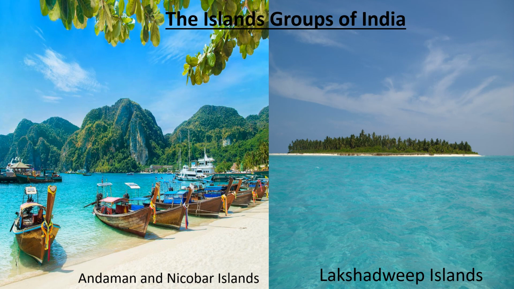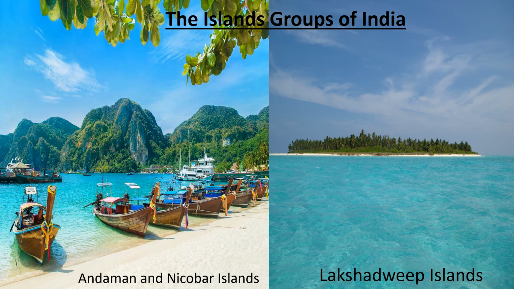Now let's see the island groups of India. There are two island groups in India. One is the Andaman and Nicobar Islands in the Bay of Bengal and the other is the Lakshadweep Islands in the Arabian Sea. Andaman and Nicobar Islands is an elevated portion, submerged mountain parts running from the Myanmar mountain Arakan Yoma. In the Andaman and Nicobar Islands, Narcondam and Barren Islands are of volcanic origin. And here, the southernmost tip of India is found in the Nicobar Islands, but it was submerged during the 2004 tsunami.